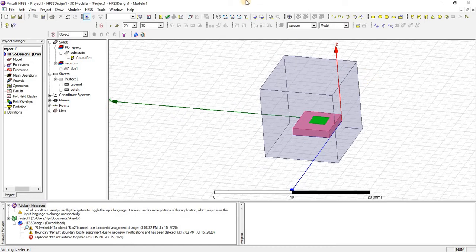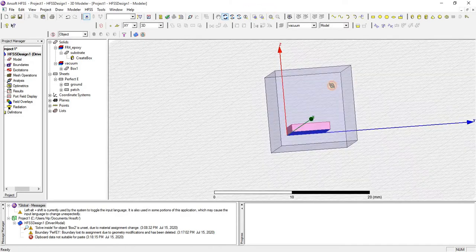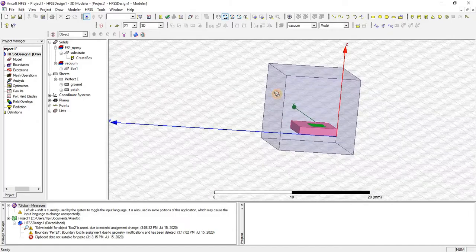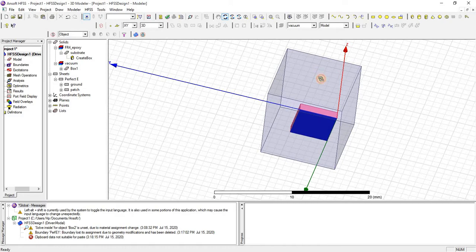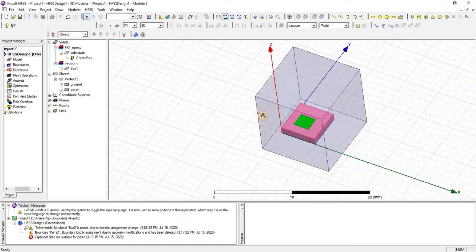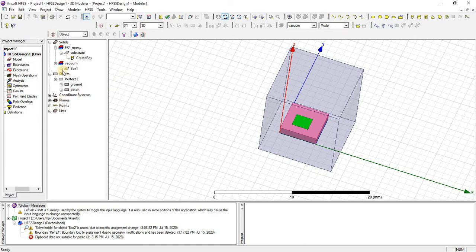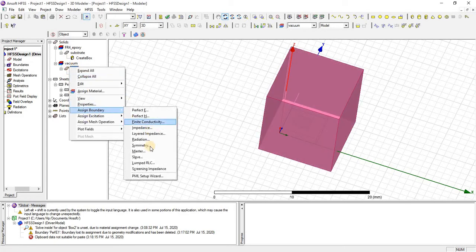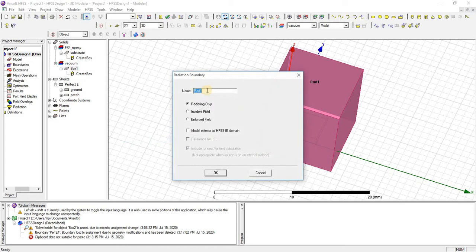Here you can see that our model is inside this radiation box on all 4 sides, and from top and bottom also. For this radiation box we will assign the boundary as radiation.